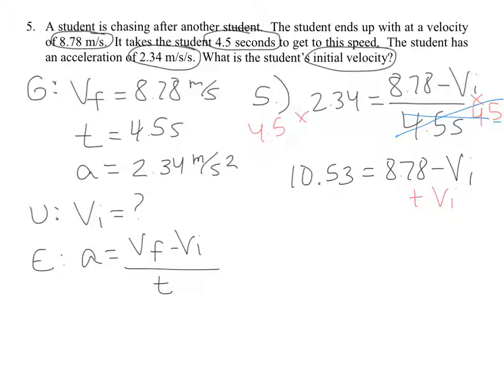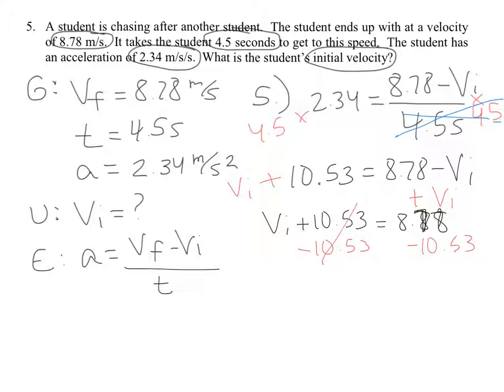So I'm going to add initial velocity to both sides, and I'm going to end up getting initial velocity plus 10.53 equals 8.78. Whoops, wrote that backwards. Sorry about that. All right, now that we have that alone, what am I going to do? Subtract 10.53 from both sides. Those cancel out, and I'm left with initial velocity is equal to